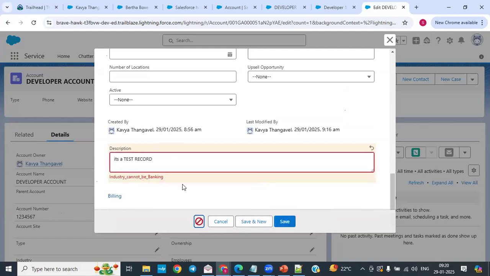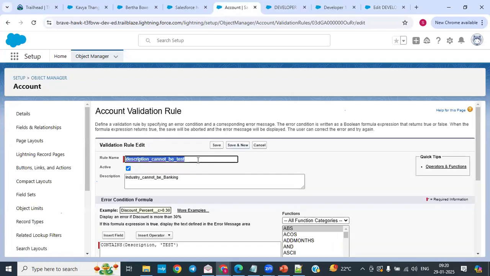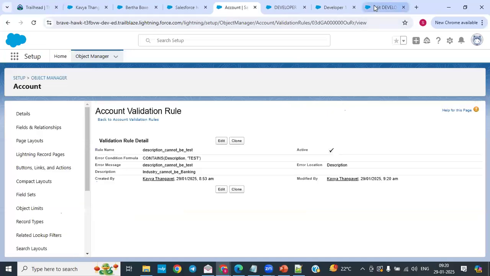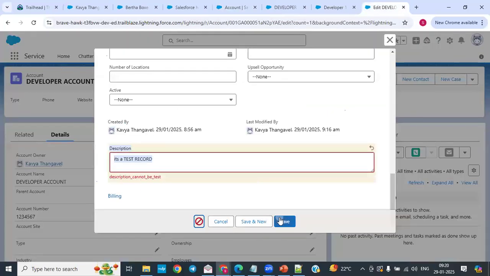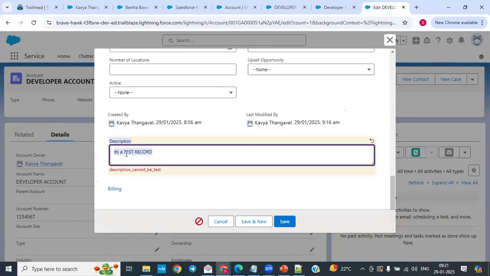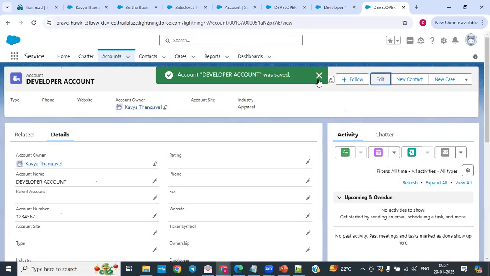See, oh, I think the same one is displaying, but we have not changed. Okay, I have not changed the error message. Maybe we can change it here and it will display this error: description cannot be test. So these kinds of error messages, you can check today and let me know if you have any queries in this. Till this, do you have any